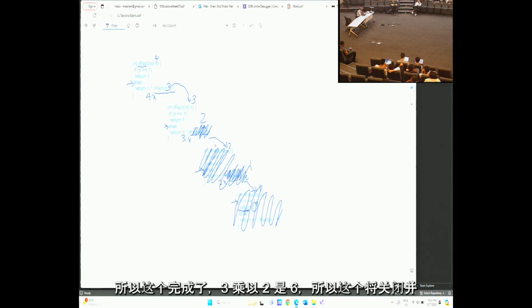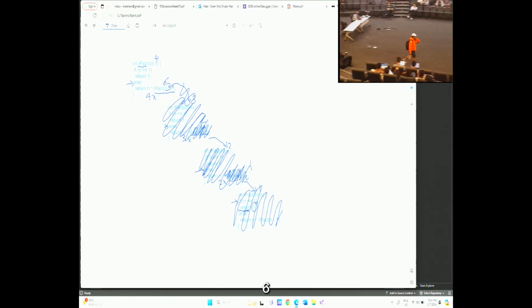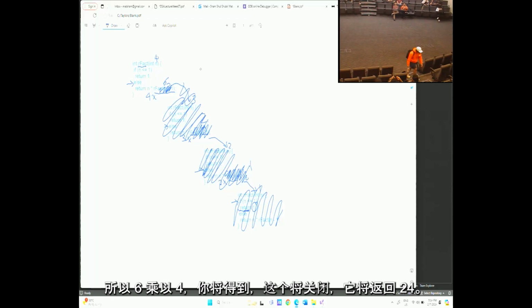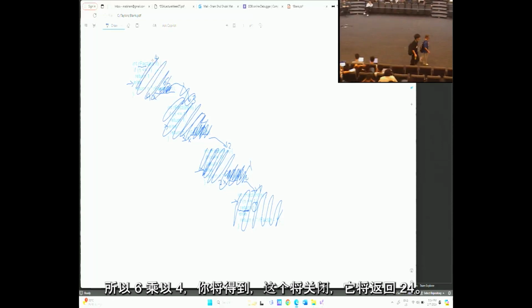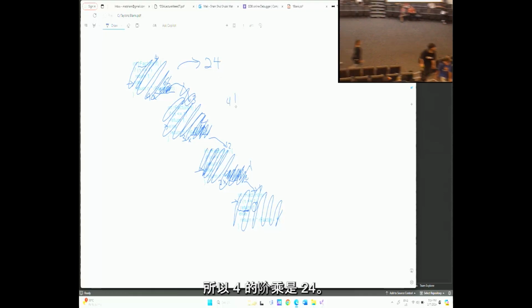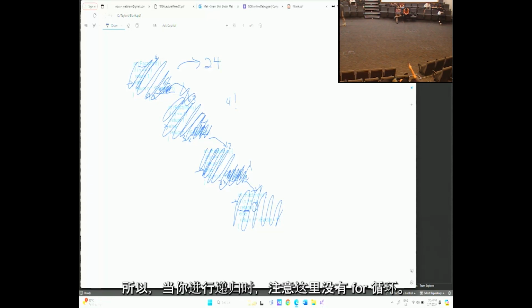So this one is completed. 3 times 2, 6. So this will close and it will return 6. So 6 times 4, this will close, it will return 24. So 4 factorial is 24. So that is what happened inside your computer. Clear? So when you do recursion,